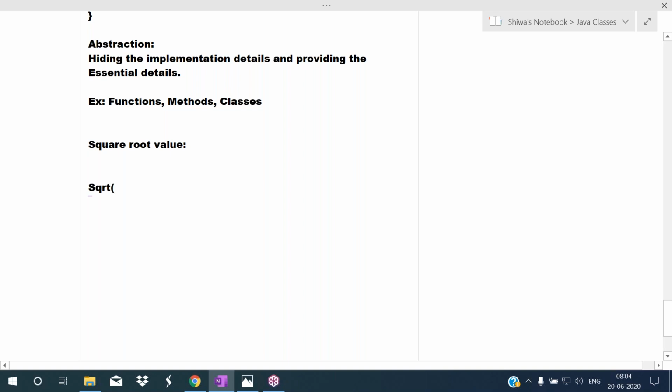That is what SQRT is. This SQRT is the predefined function included in the math header file in the C language. C language provides the C library, and the C library has some predefined functions. So I want to find a square root value. I'm just writing the square root of 100, so I write SQRT of 100. Here we are calling the SQRT function, which executes the SQRT function's code and gives the result 10 to us.